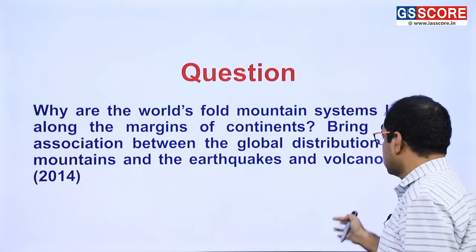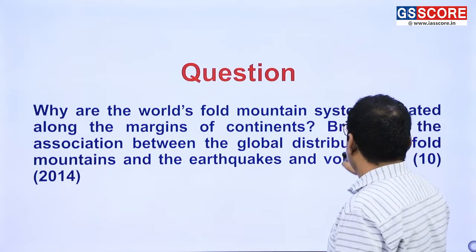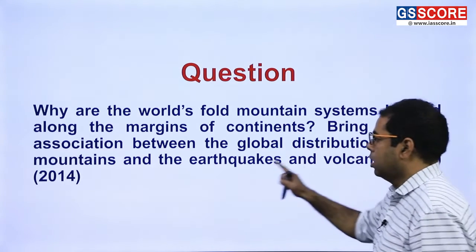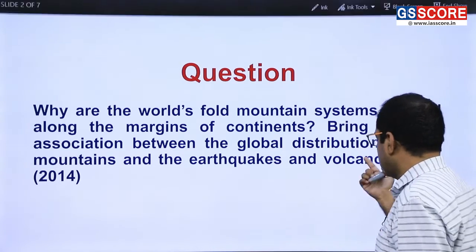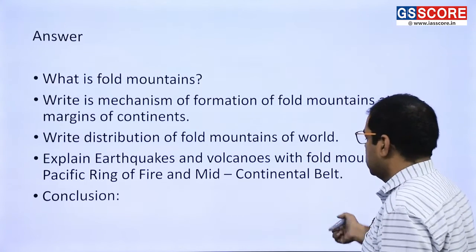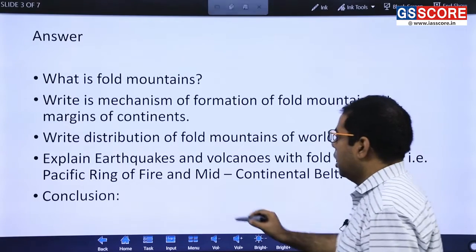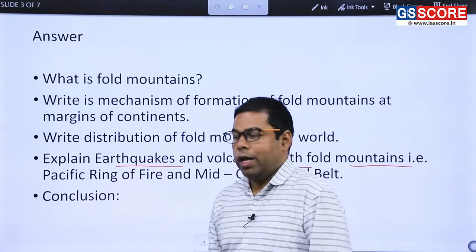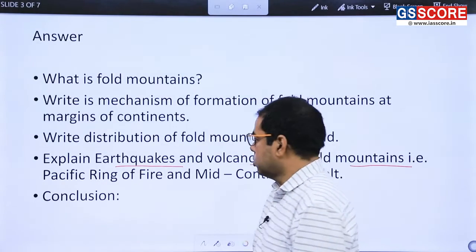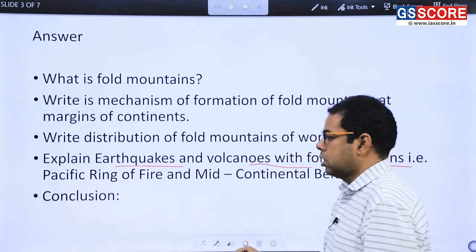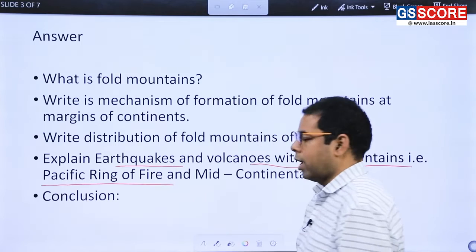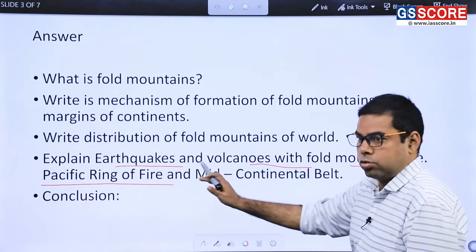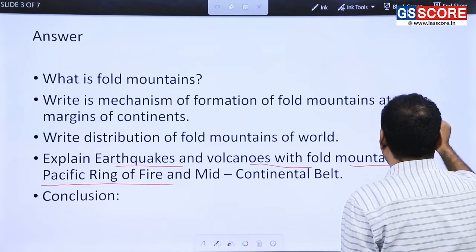And the second part of the question is to bring out the association between global distribution of fold mountains, earthquakes and volcanoes, right. So the second part of the discussion is to explain the earthquakes and volcanoes with the fold mountain system, right. Here we will come to the distribution part. So earthquakes, volcanoes and fold mountain systems occur in the Pacific Ring of Fire, right. Pacific Ring of Fire means, if you are not able to draw the complete map, you can draw this simple diagram,